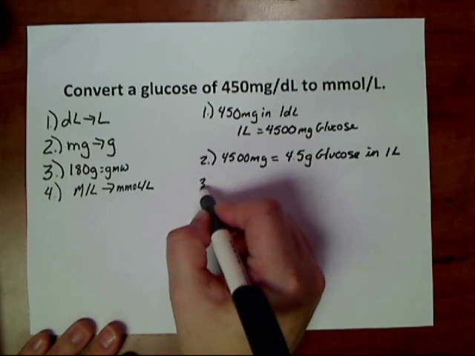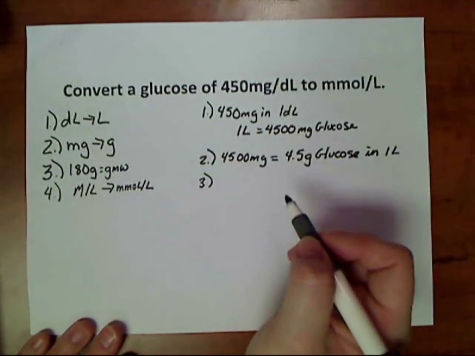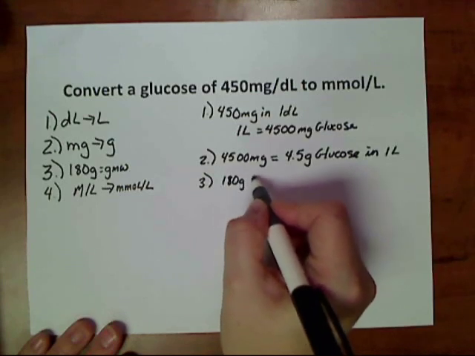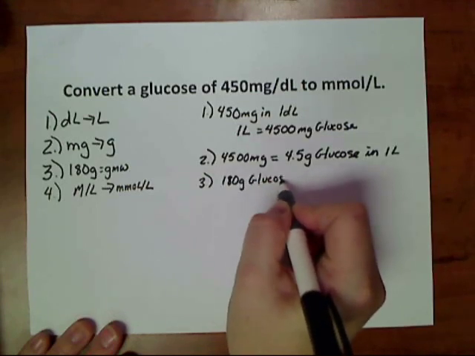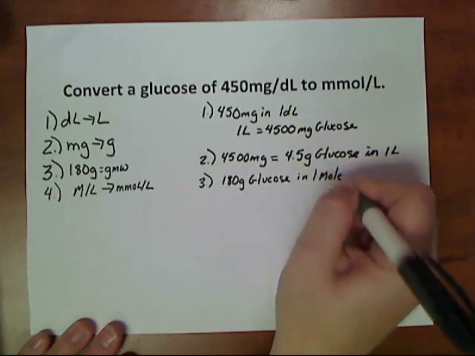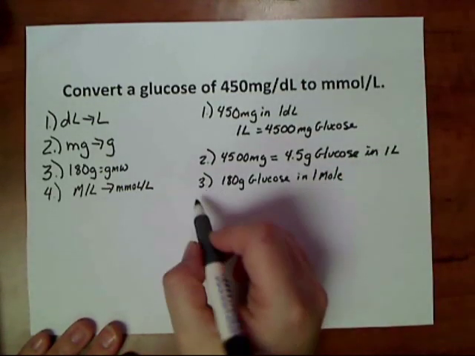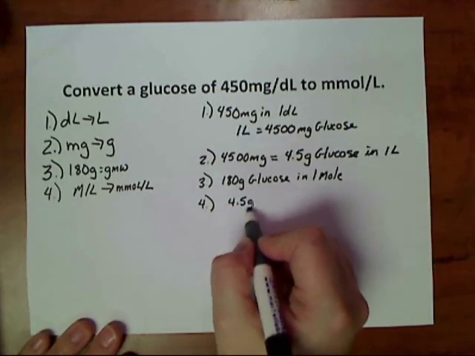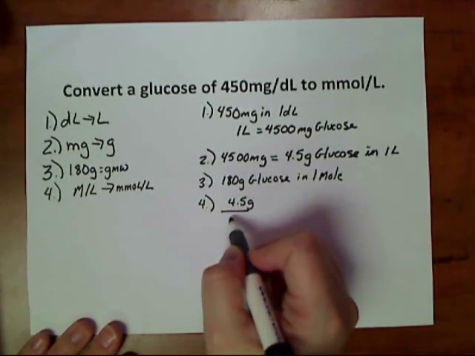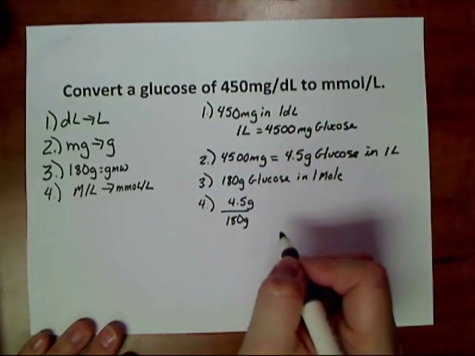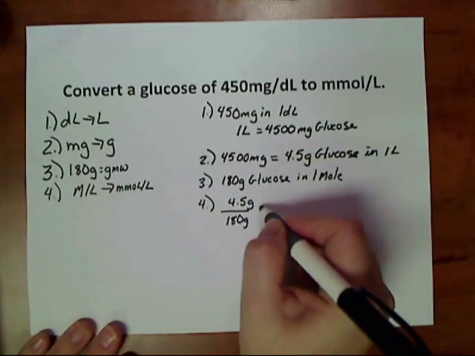With our third step, we know, because we were told, that there is 180 grams of glucose in 1 mole. So for our fourth step, we take the 4.5 grams of glucose divided by the gram molecular weight, which is 180, and that gives us